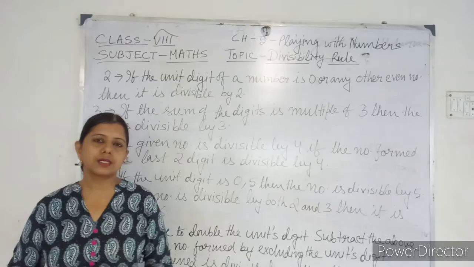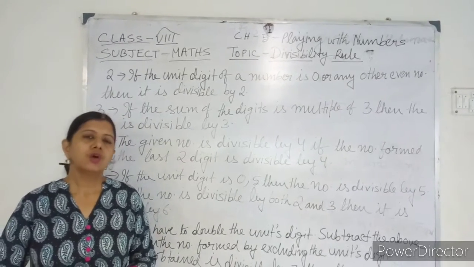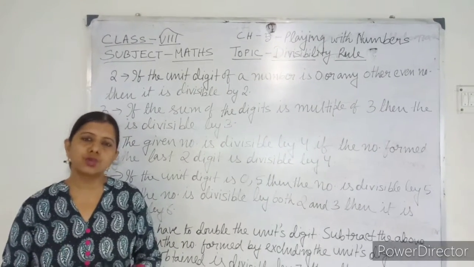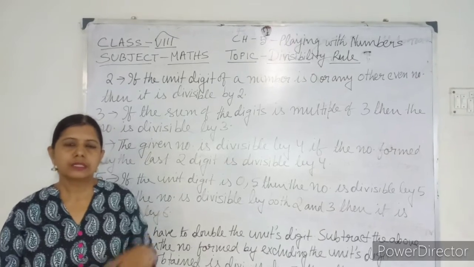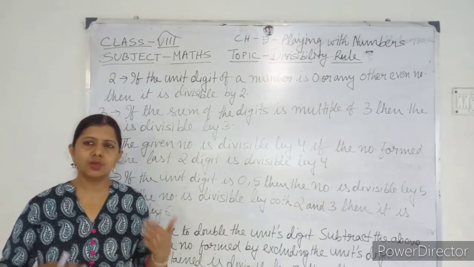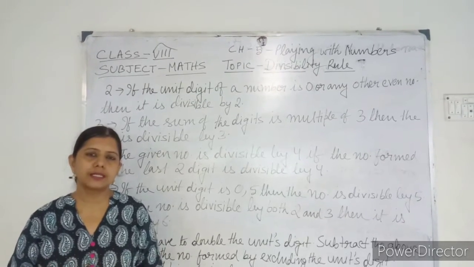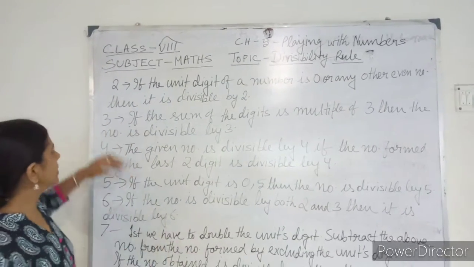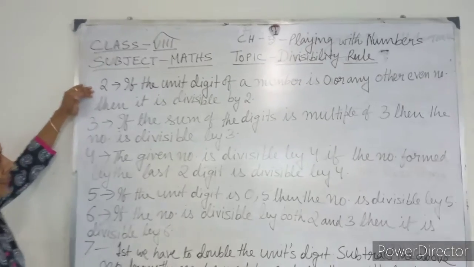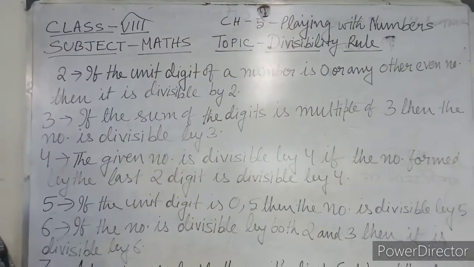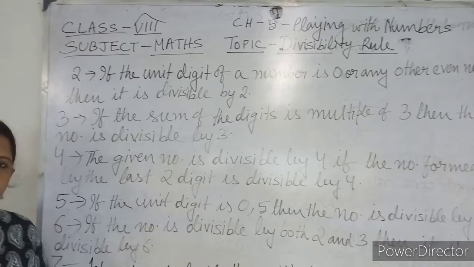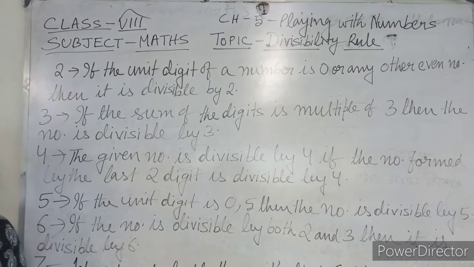Today I am going to discuss the divisibility rules. Although you have learned about these rules in the previous classes also, the same thing will be repeated here, only one or two extra rules are there that you have to concentrate on more. The first rule is the divisibility rule of 2, that is, whether a number is divisible by 2 or not without actually dividing it. How can you say?